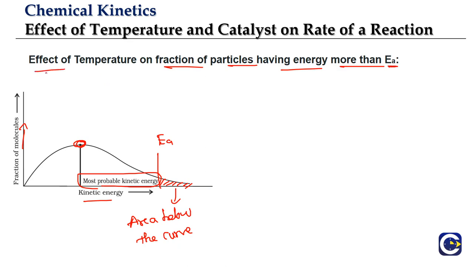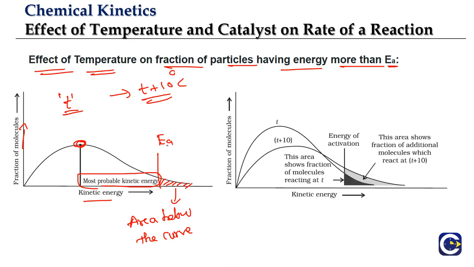Now we'll see what happens if we change the temperature. Let us say this diagram is for a temperature T, and we want to see what happens if we simply increase the temperature by 10 degrees, because we have been talking about the importance of 10 degrees. We can generally say what happens if we increase the temperature, but here we are taking a sample increment of 10 units. So if you increase it by 10, we are drawing the second graph over here. This is the graph for the energy profile at T plus 10 temperature.